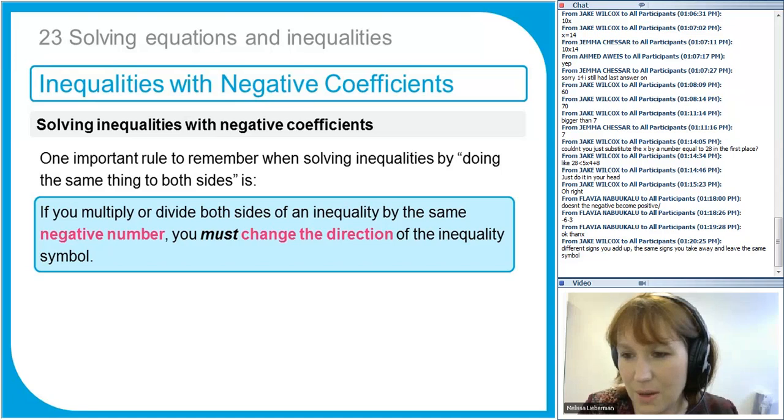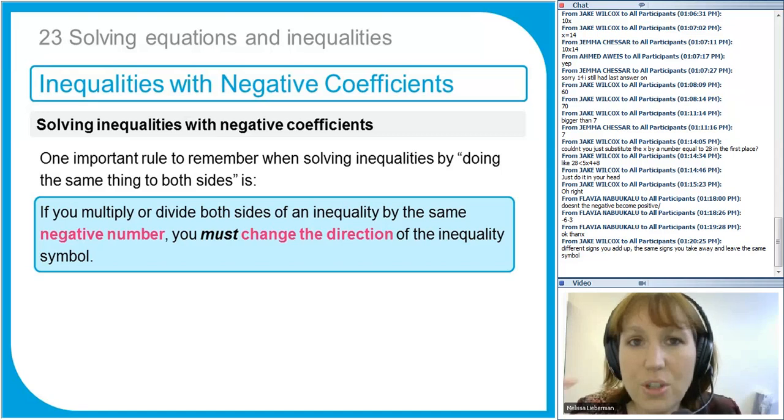Different signs, you add up. The same signs, you take away and leave the same symbol. Yeah, with adding and subtracting positive and negative numbers, you can never know exactly what the final answer is going